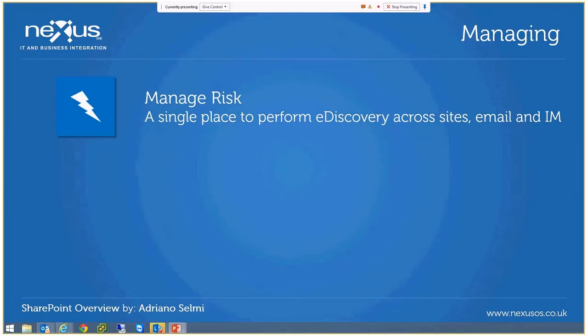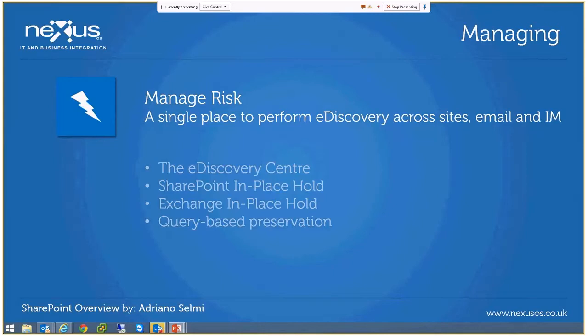Managing risk. The administration in the background has been set up really well now to enable administrators to actually manage the system. They've also introduced something called the eDiscovery Center. The eDiscovery Center uses the search functionality to search for any specific information across the whole